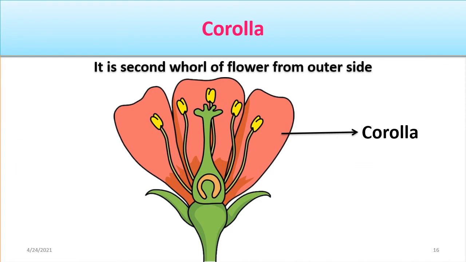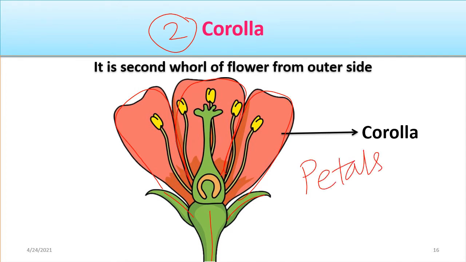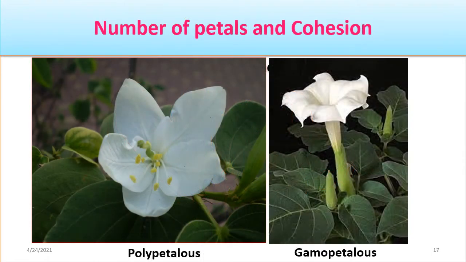Then the second floral whorl is the corolla. If you look, this is the stalk, this is the calyx, but now we are going to focus on this part. The members of the corolla are petals. Now we will be focusing on this part. See here, the first characteristic we can study is the number of petals. So simply count the number. This is one, second, third, fourth, and fifth.